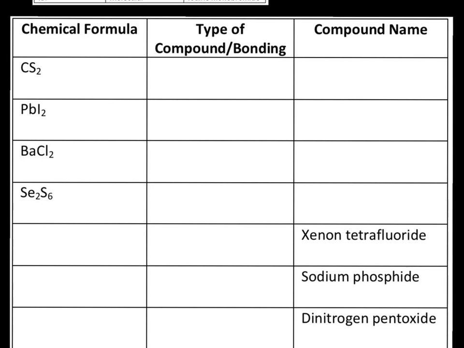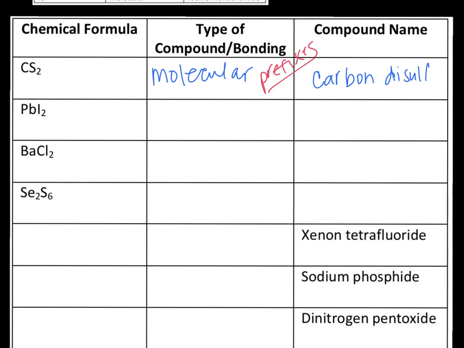All right, so first we have CS2, and since those are both nonmetals, that means that this is going to be a molecular compound or covalent bonding. And then the compound name, since it's molecular, we have to use prefixes. So it's going to be carbon disulfide. All right, and then next we have